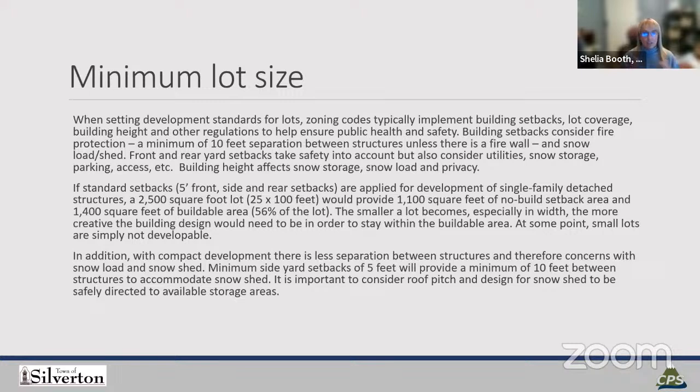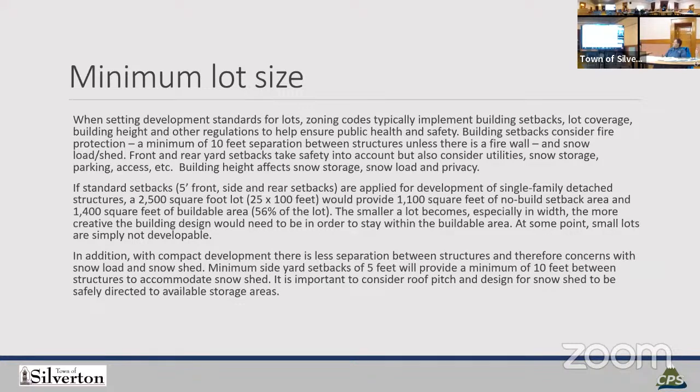You can get to a point where a lot is simply not developable because it's too weirdly shaped or too small. Do you want to stick with the 2,500? Do you want to go down to 1,500? Do you want to establish it by use? You can do attached on 1,500. You have to do detached on 2,500. What are your general thoughts on that?